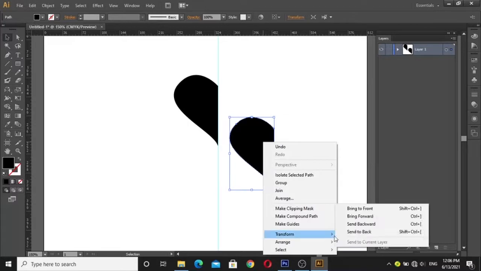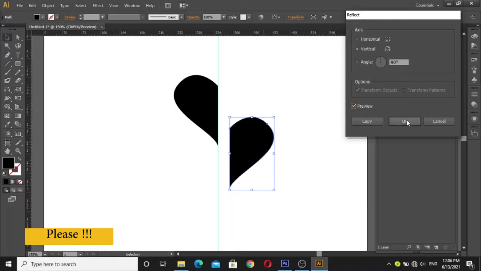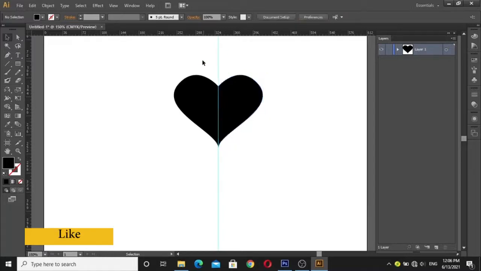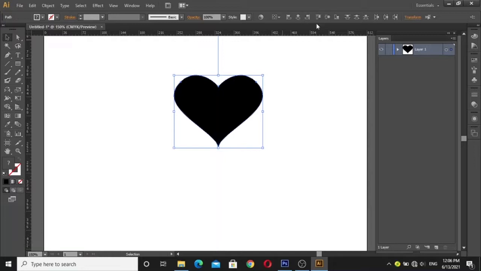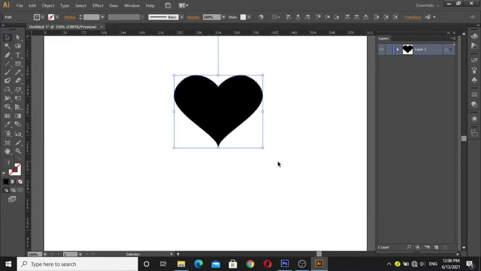Understand? You can also use the transform panel to reflect the objects vertically. Even I can use copy, but I have created a copy already. I am going to align this object with the align tool. Smart guides help you a lot to make shapes.